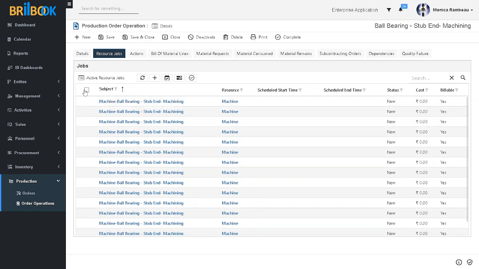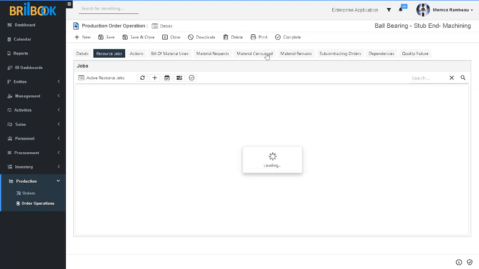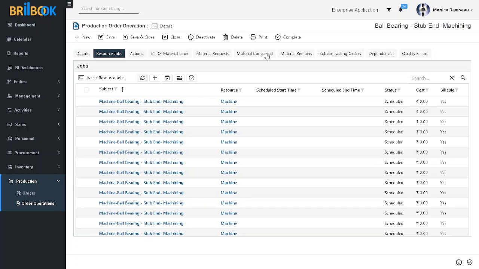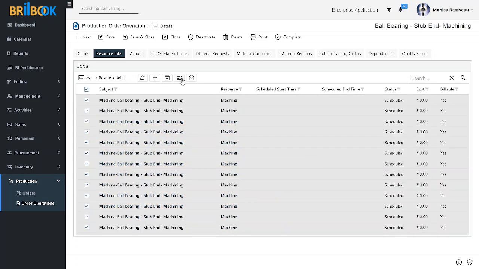Select the resource job and then click on schedule button to schedule the resource job, and then we'll select the resource job again and then click on complete button to complete our resource job. Now click on in progress button.